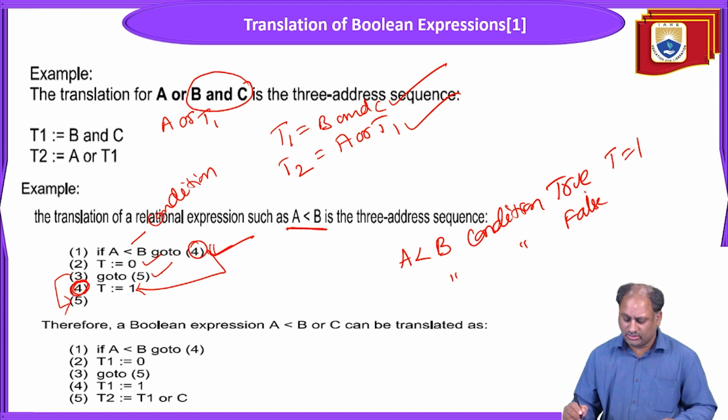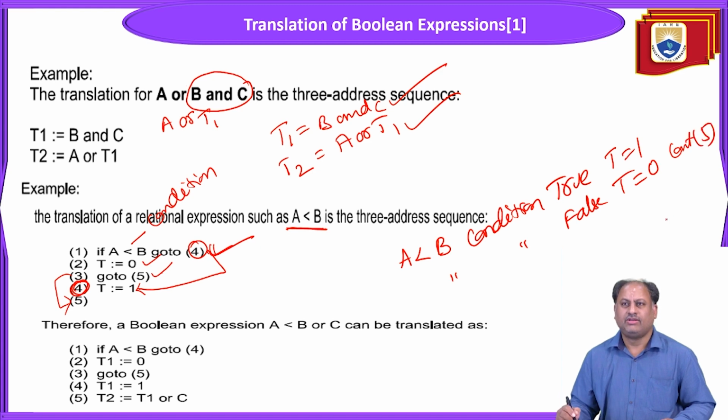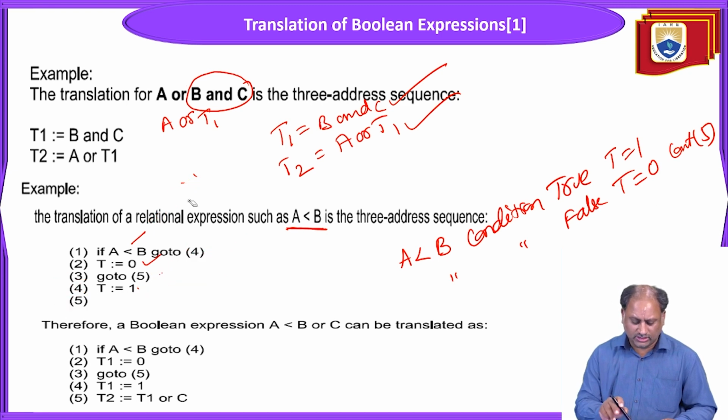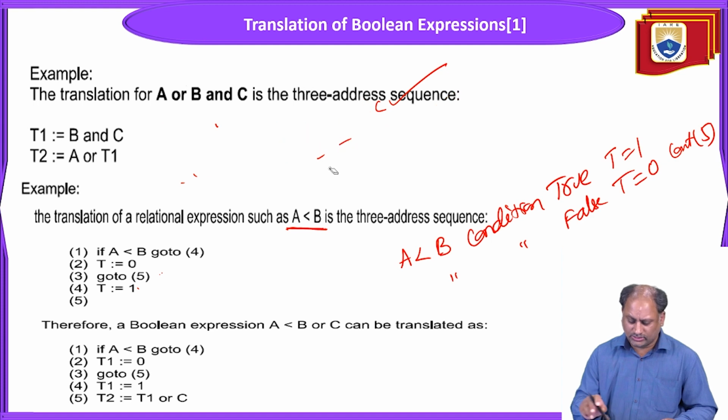Then it doesn't go to this fourth. It executes t equal to 0 and then continues to the fifth statement. From the fifth statement it has to be cut. Say, for example, another example, if you consider a relational expression, say a Boolean expression, if you consider